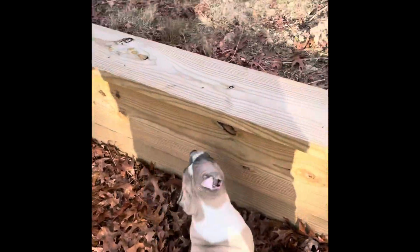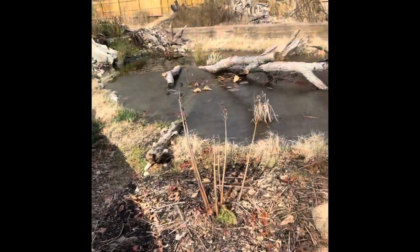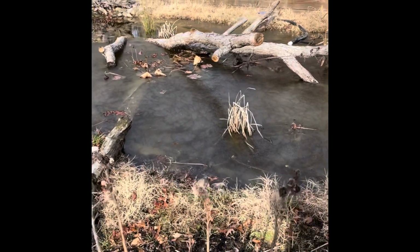Let's see, tough guy, I gotta pick you up. Sorry folks, gotta pick up my doggy. Can't make it over the fence. Okay, now let's take a look under this ice, see if we see anything,